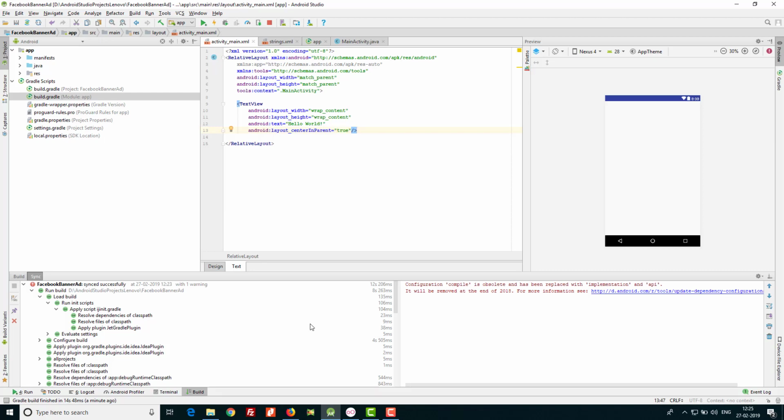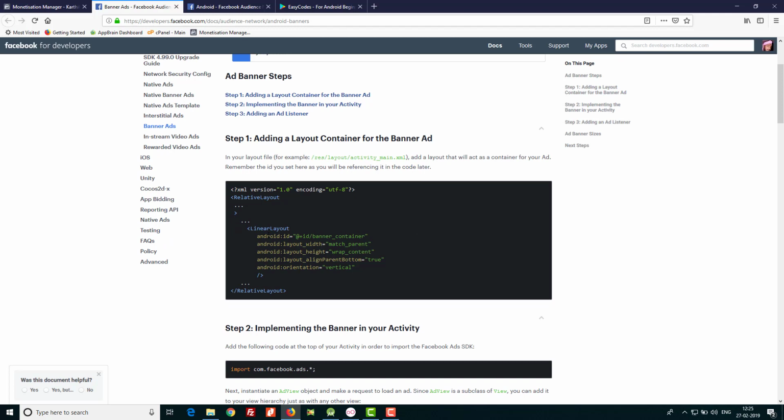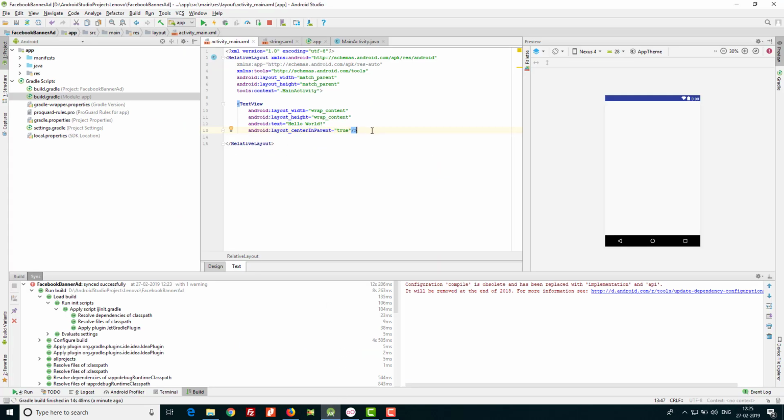After this we'll go back to the documentation here, and you can see first they are asking to add the linear layout here. This one, copy it and paste it in your XML file wherever you want to show it. Make sure this align parent bottom is true.